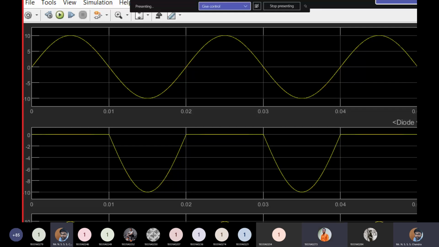If I have two elements, R1 and R2, the effective resistance is R1 plus R2. Okay. And how will the voltages be? Will the voltage be equal, or will the voltage be shared? Shared, sir. Shared, right?